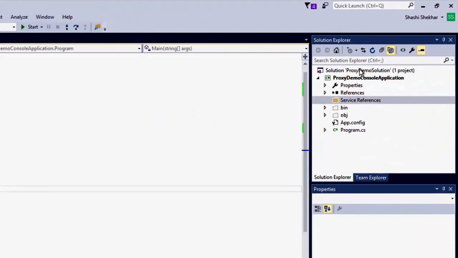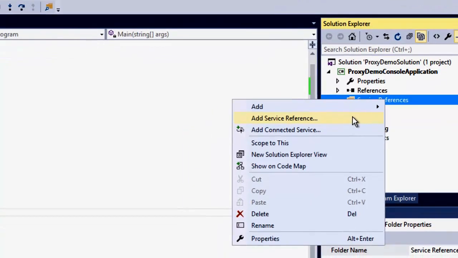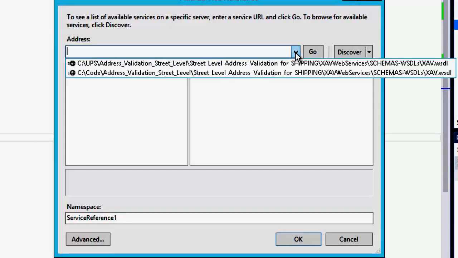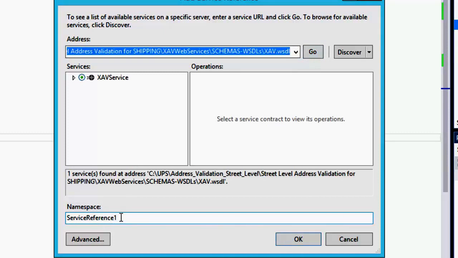So here I have a Visual Studio solution with just one project, which is a console project. And this is not a tutorial or a demo on how to call the UPS API, but I just wanted to provide an example of how a remote proxy is created in Visual Studio. So we're going to right click on the service reference, add service reference, and I have the WSDL file for the UPS XML address validation service downloaded somewhere. I just point to that WSDL file, click go, and in the namespace, as you can see in the service, I see the XAV service which is present, and it has got an XAV port type and a bunch of other stuff. And here I'm going to call it XAV demo